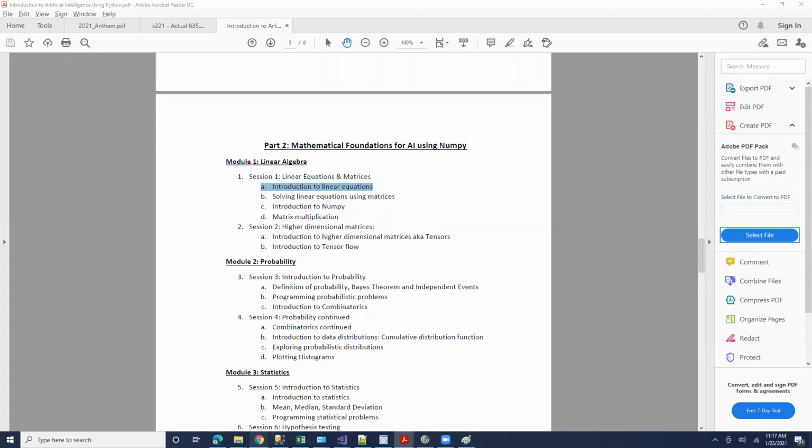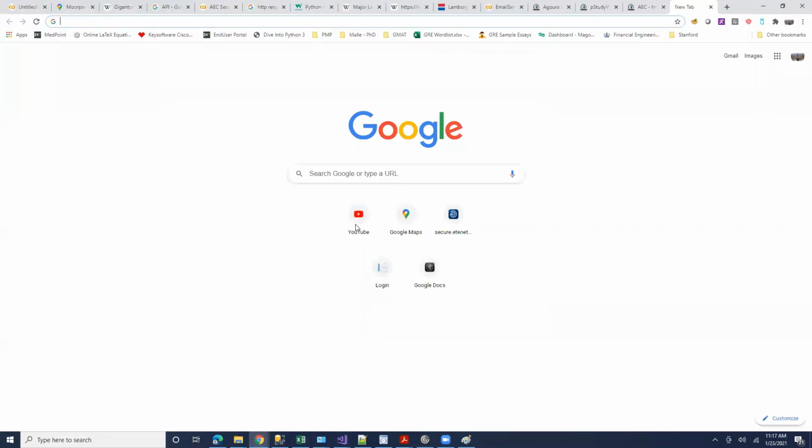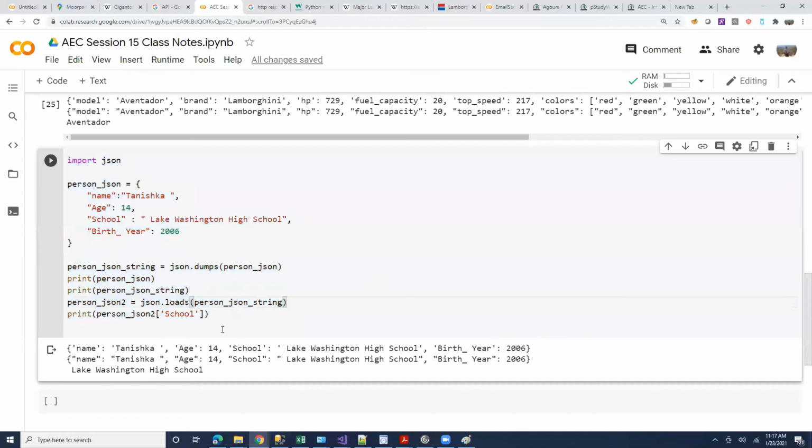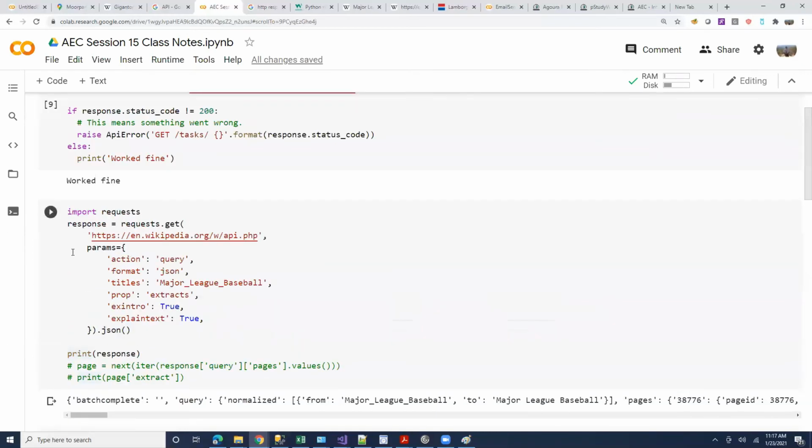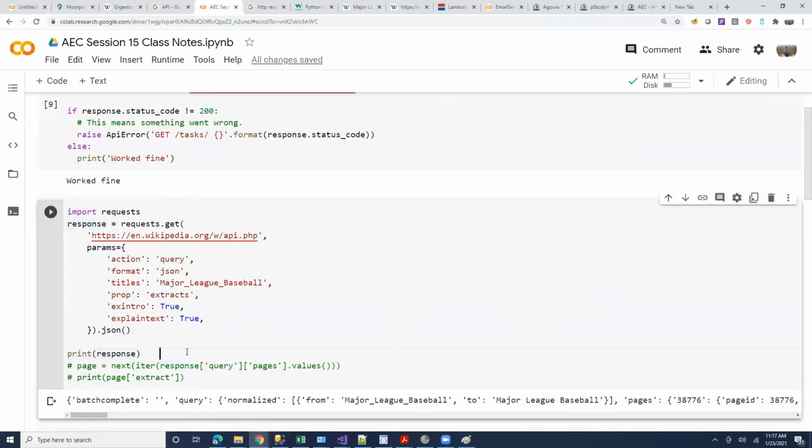Okay, let's get back to where we were in terms of web communications, right? So as you saw already, we requested Wikipedia summary. We requested Wikipedia to give us a response to this title called Major League Baseball. No, not today, it's next week. I mean, 2 weeks from now. So we submitted a request to Wikipedia's API to respond. We queried it with this title, and these parameter names are all documented.